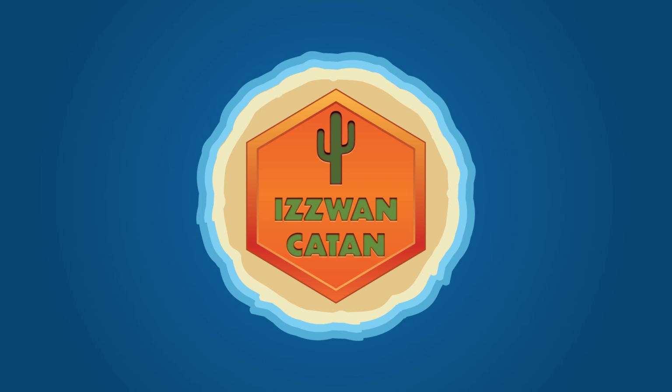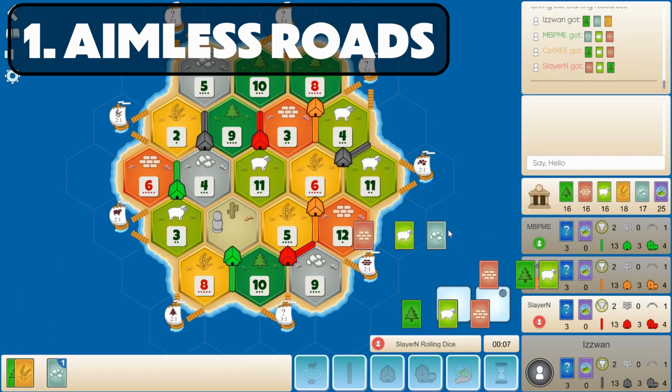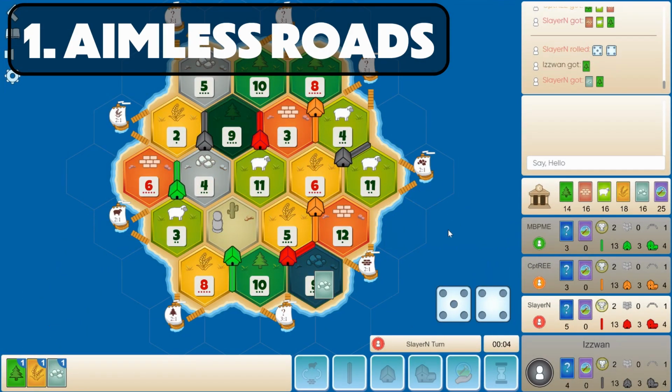In this episode, we'll be taking a look at the top 5 mistakes that beginner players tend to make and how we can work to correct these mistakes and make you a better player so you can beat your friends and other people online. The first mistake some beginners make is being somewhat aimless in how they are trying to